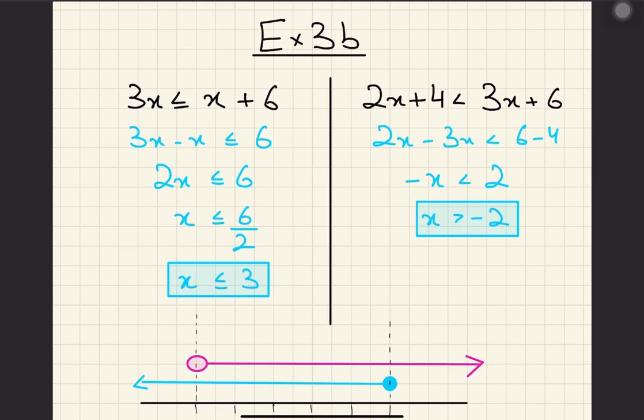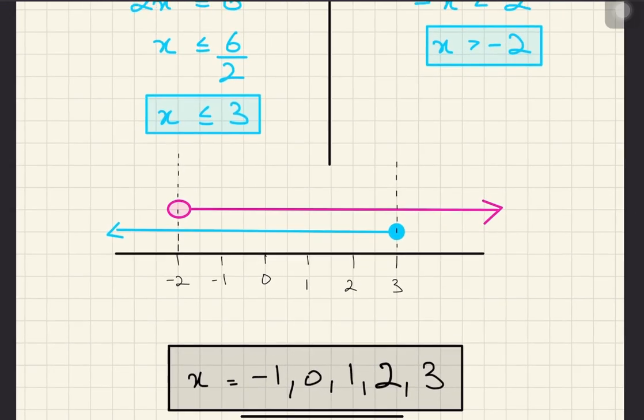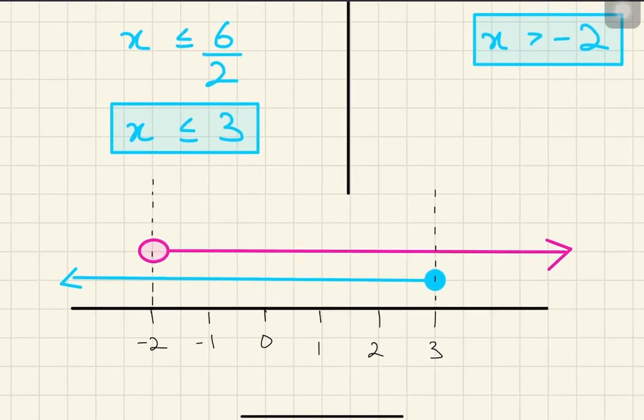So side by side, I'm plotting these two on a number line over here. I have drawn minus 2, and because the values were greater, it's greater, and because there was no sign of equal to, this circle is hollow. Because there was an equal to sign over here, this circle is a shaded circle. Now from these two inequalities, I need to sort it out.